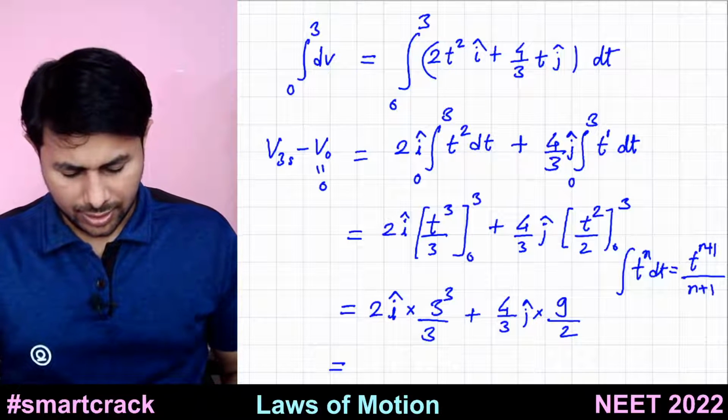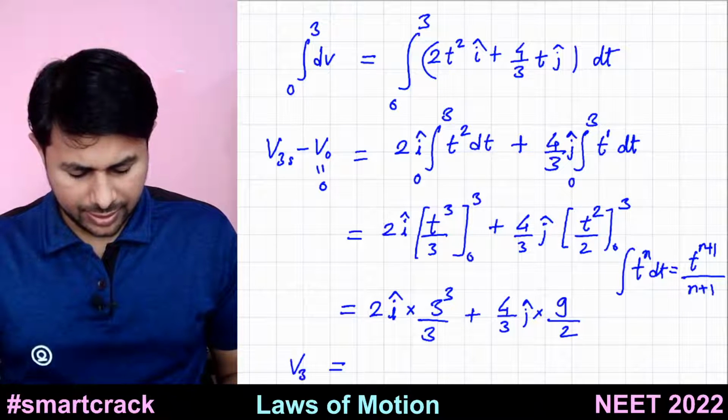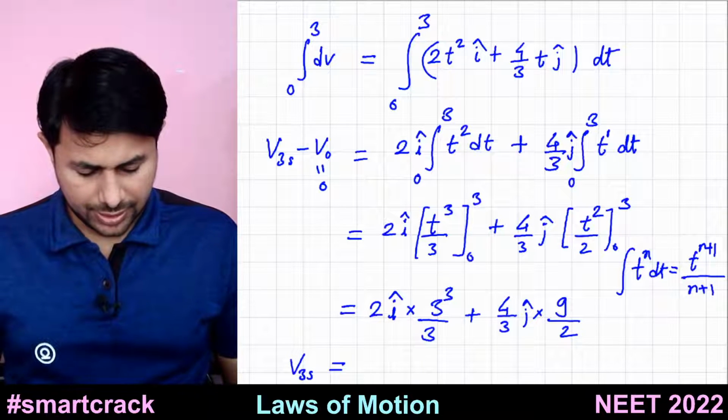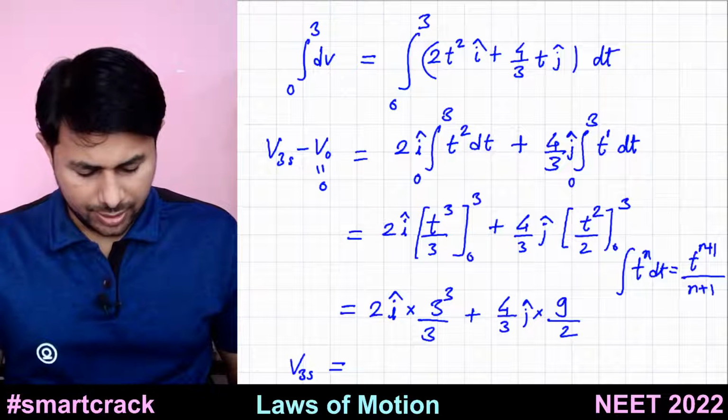So this is 0. That means we have velocity at 3 seconds. Okay, and how much will that be? So this is 9 multiplied by 2. So 18 i cap